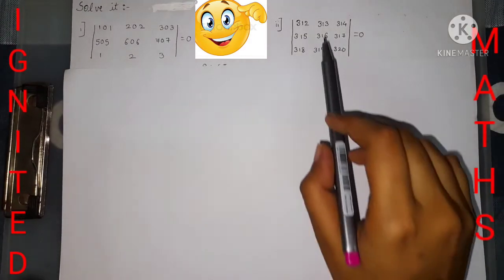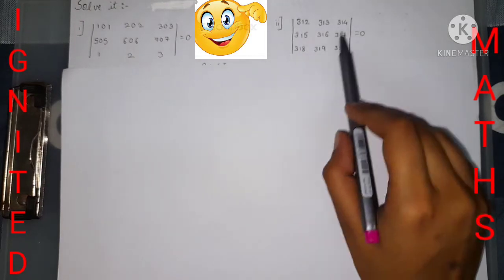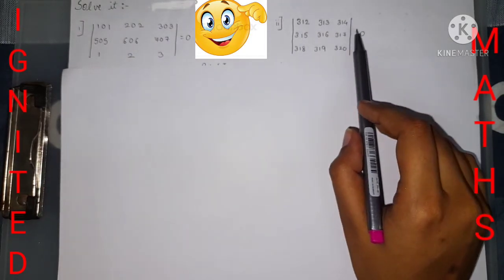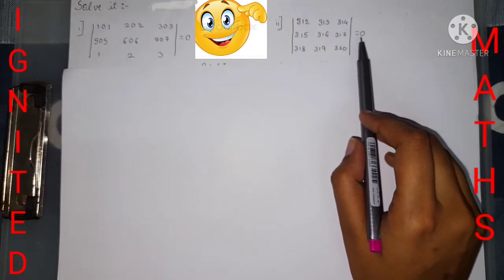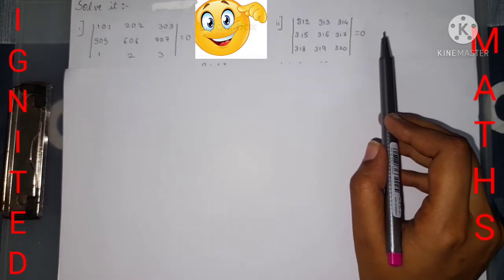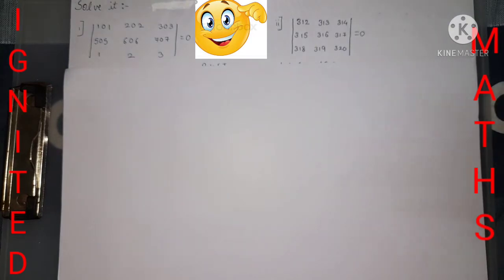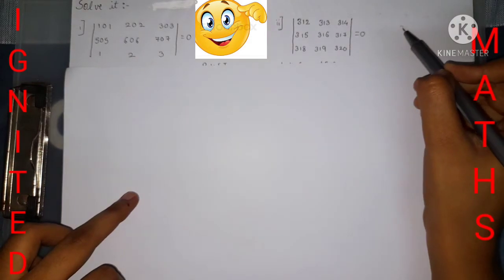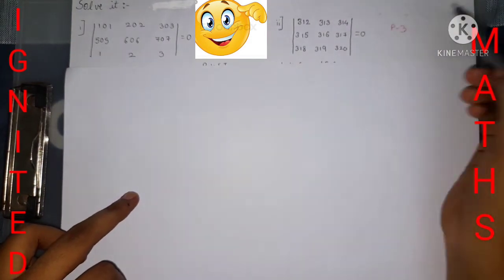In this example, they have given the terms over here, and the determinant value is given as 0. So if 0 clicks, then property 3 also clicks, right? Because property 3 says that if any two rows or two columns are identical, the value of the determinant will be 0. So we need to prove that LHS is equal to RHS, and we need to get the value as 0. So property 3 is the only way.